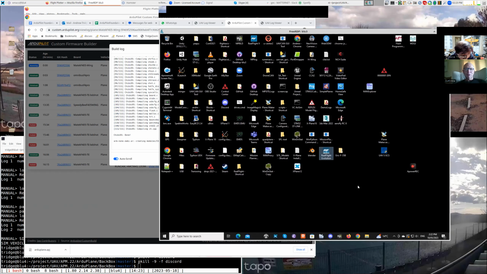Now I need to find a USB cable, a micro USB cable. Most of my cables are USB-C, but I do have a micro USB cable hiding here somewhere that I used this morning. And Rich, I think one thing worth pointing out to people on the custom build server is the